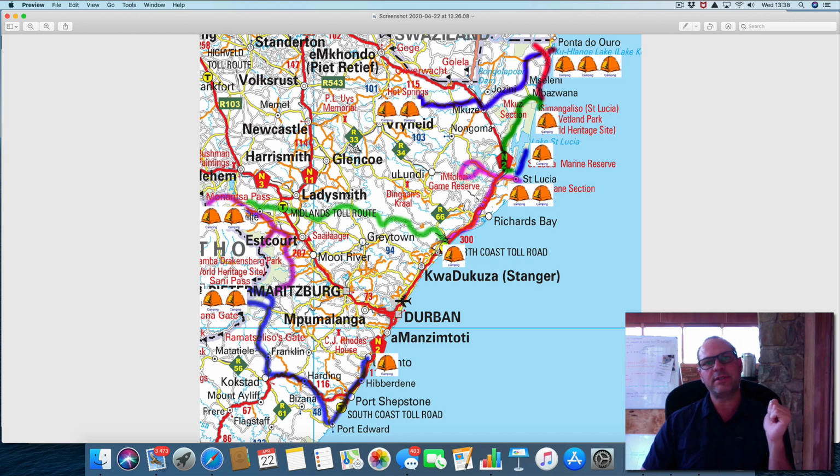Royal Natal we will sleep for 2 nights, but it's in 2 different sections. You'll see on the price list. The day between the 2 nights, we're going to go for about half a day walk. I'm thinking of doing the Tugela River. You can walk up the Tugela River valley towards the Tugela Falls, and the falls itself is about 10 kilometers